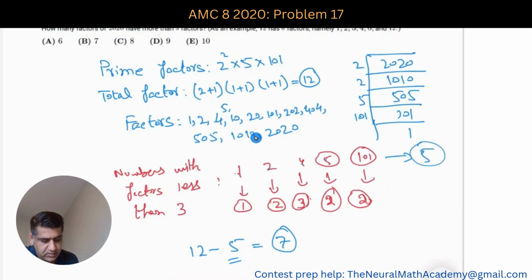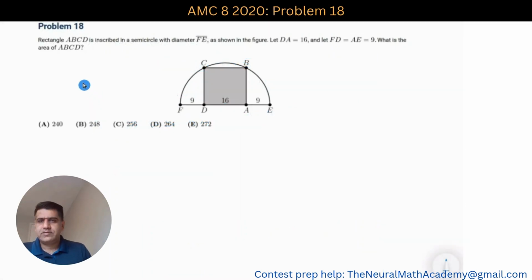If you want to check, you can check. For example, if you want to check 10, you can see that 10 has 1, 2, 5, 10. Similarly, if you check others, they have more than 3 factors. I hope it explains. Okay, so let's solve problem 18, where we are given this shape and we have to